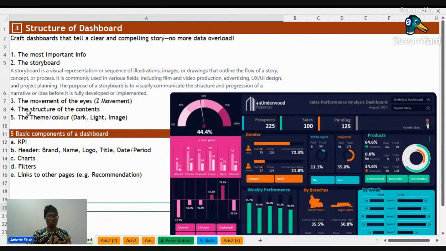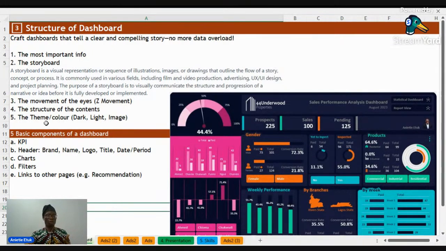Okay, I also mentioned number 4 in talking about this. So the structure, that means you group the information. What is important based on degree, based on relevance. So like I said, everything concerning the staff, the sales rep, you can see it is arranged here. Everything concerning KPI is arranged here. Everything concerning the name of the business and link to other pages is here. Then the first set of important charts here, and the second set of charts that are not very important. So that's what we mean by structure.